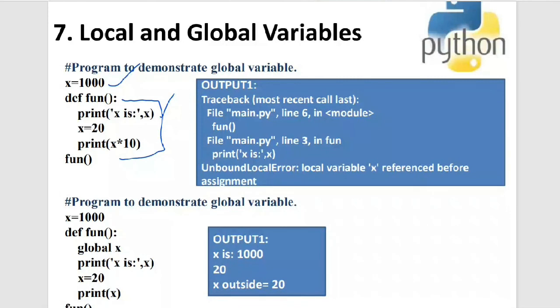My another question that will rise in your mind is how it is knowing that I am already having a variable x inside the function in the next statement. This is because before interpreting, there will be a lot of pre-processing done by your PVM, the Python virtual machine.